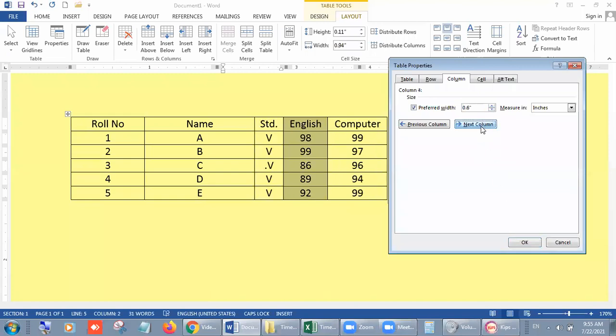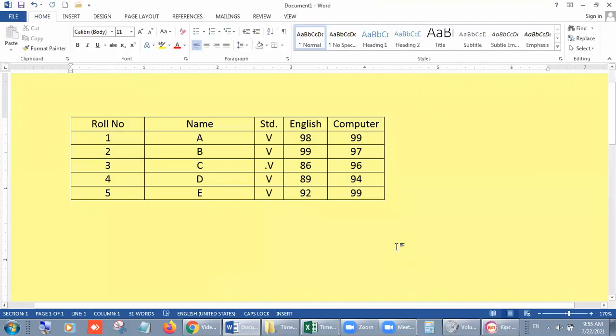Then Next. Suppose English is okay, then no need to change it. Next, Computer, I can slightly reduce it. Next, OK. In this way you can change the size with the help of the mouse or keyboard, right?